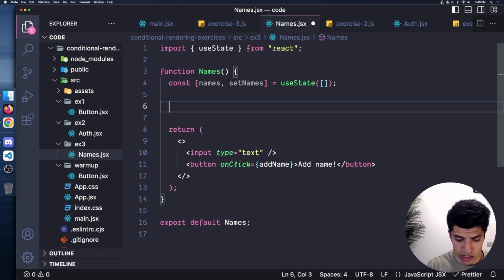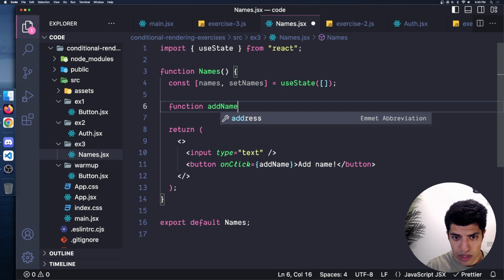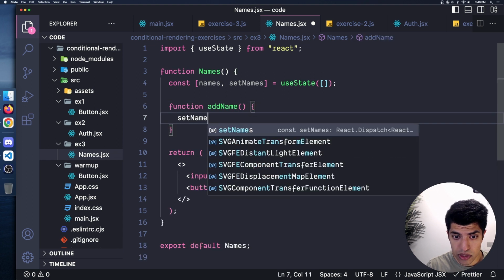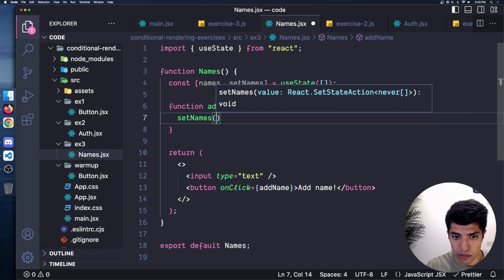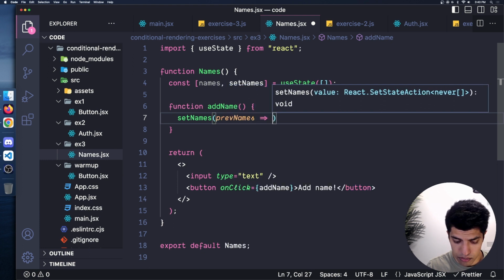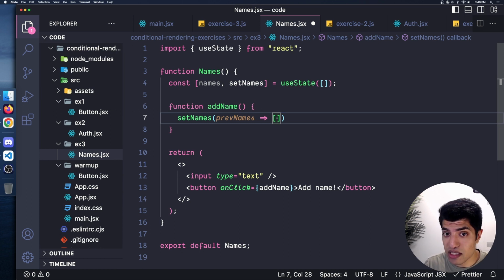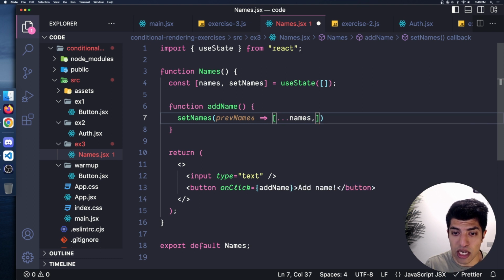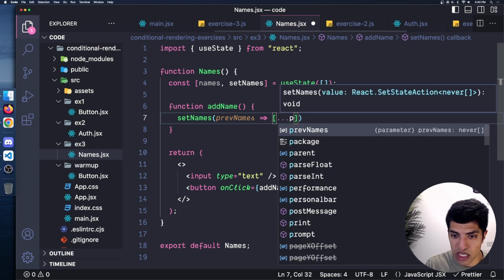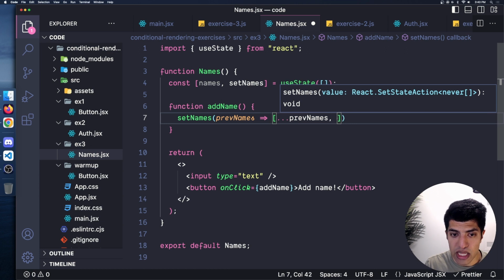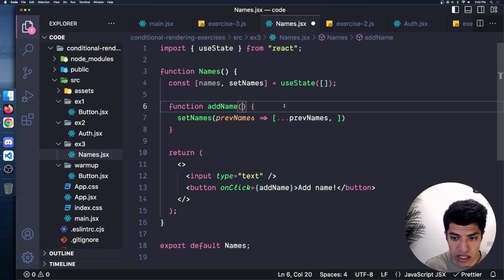So I'm going to come up here and say function addName, and this is going to take setNames, and we're going to get the previous names, and we're going to make sure to not push. Again, we went over this in the state examples for React. We want to return a brand new reference for this variable so that React knows that this is not the same using Object.is. So we need a brand new array with the previous values. One way to do that is to spread out the previous names. You can do that with the actual names variable, or you can just use previous names like this. And then I want to add, in this case, the